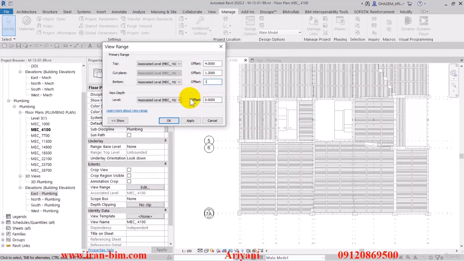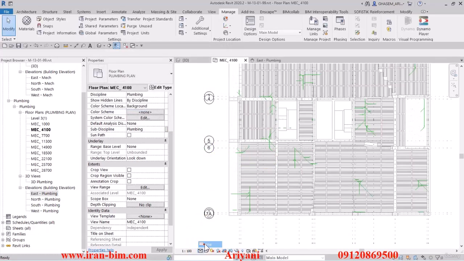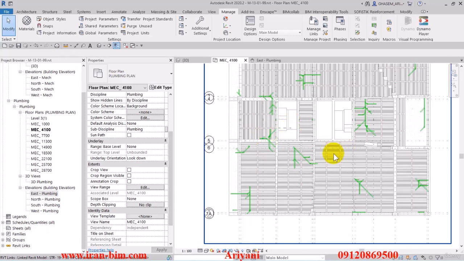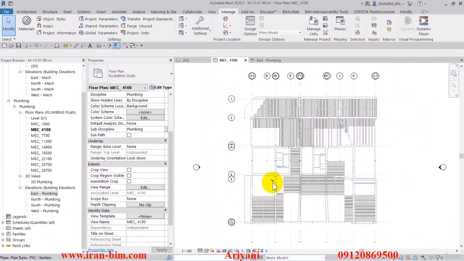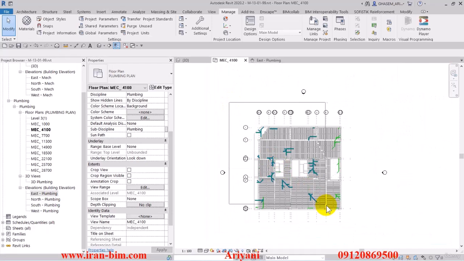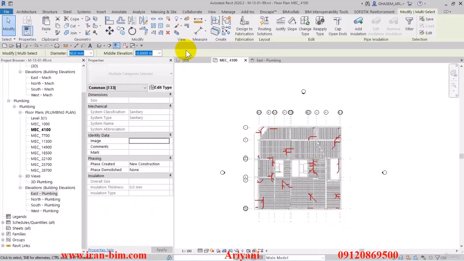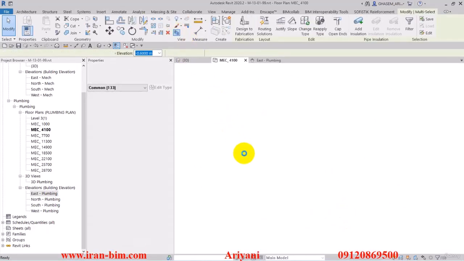any issues here. And then I'll go over to the view range, then put the offset for the bottom on -0.7 and the offset for the level on the same as well. Then apply and then put this on fine. So this is an excellent method of checking out the critical points that you have and see them in a 3D view. Now, in order for me to see this better, I can select this part of the plan and